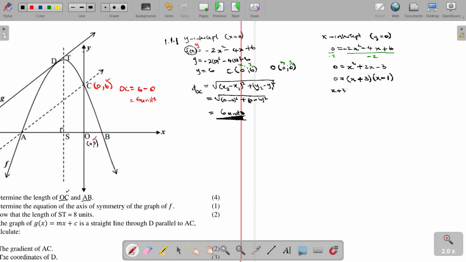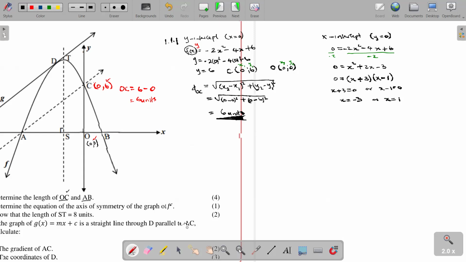X minus 3 equal to 0, or x plus 1 equal to 0. So we are left with x equal to 3, or x equal to -1. Meaning to say, if you check from our diagram here,